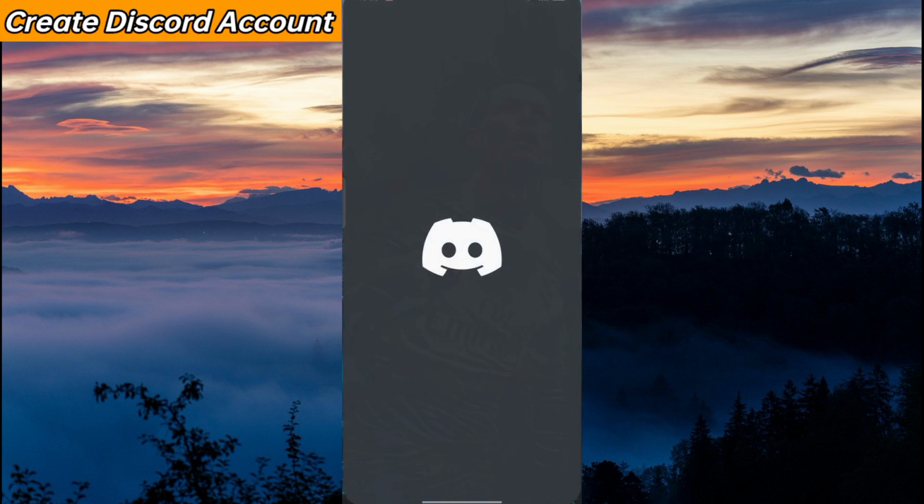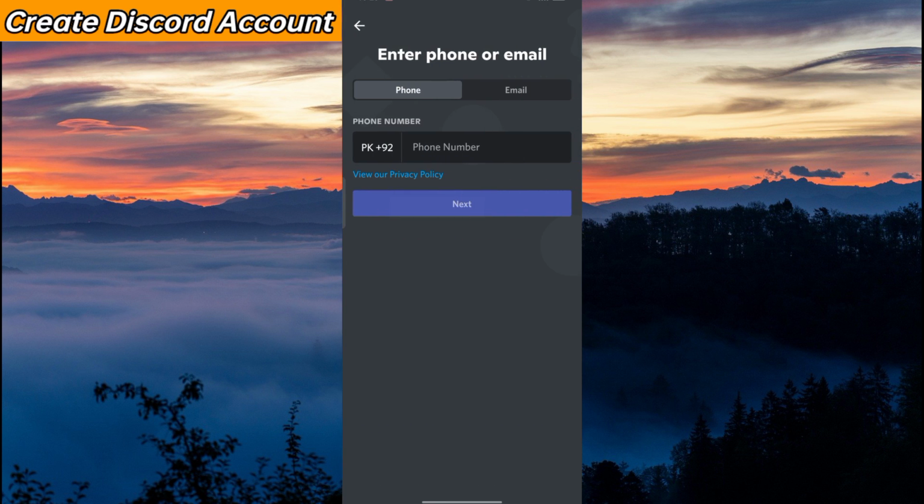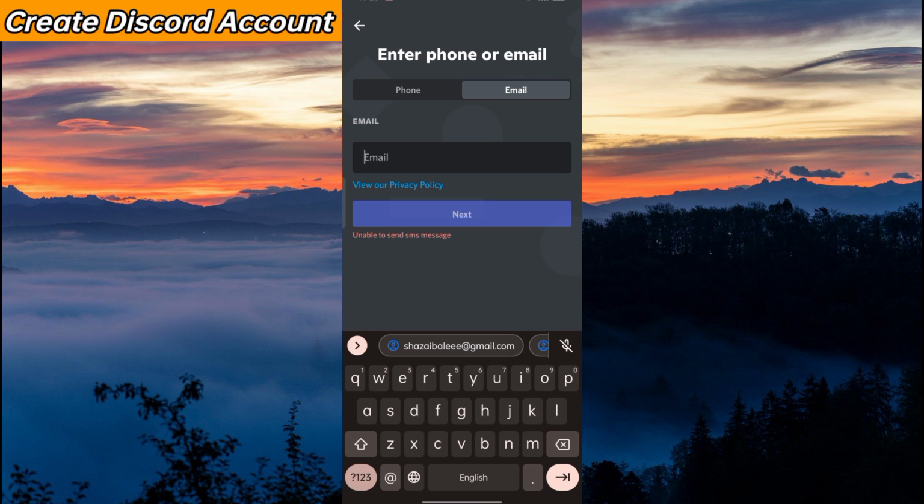First of all, head to your Discord account, right here. Click on this register button in order to create a new account. Now you can either put your phone number or email to register your account. Let's say here I'm adding my email address so that we can proceed,